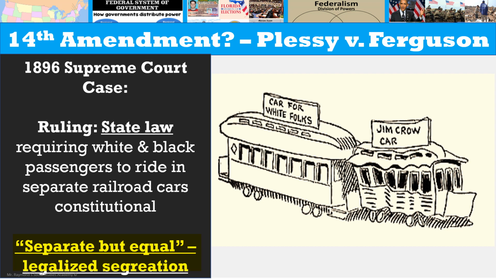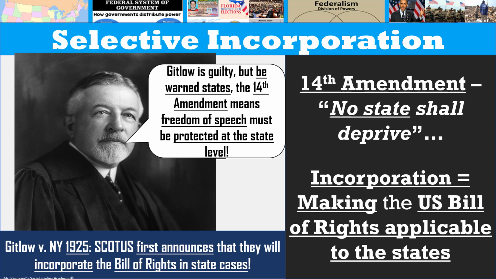In essence, they were legalizing segregation and giving the green light to Jim Crow laws throughout southern states. And this leads to another key term you need to know: incorporation, or selective incorporation. Before the 14th Amendment, the Bill of Rights only applied to protections from the federal government. With the 14th Amendment's quote-unquote no state mandate, the Bill of Rights were incorporated into protections from state governments as